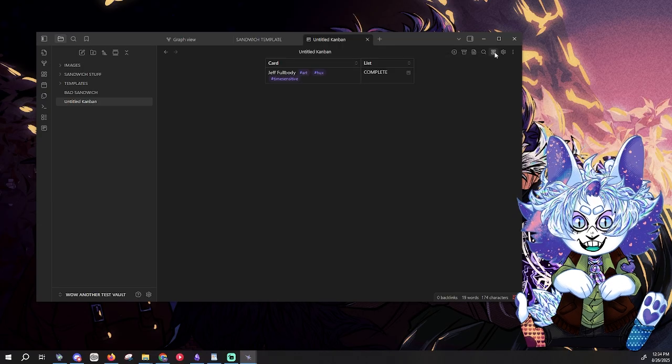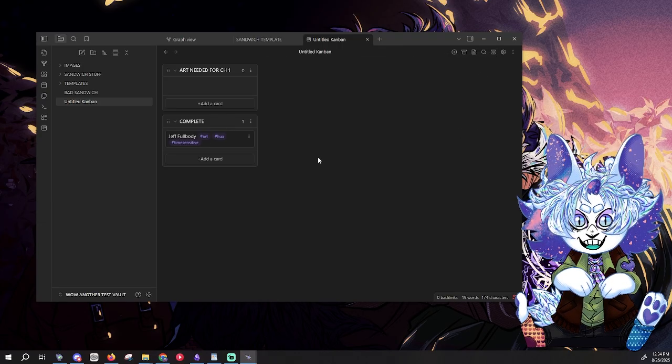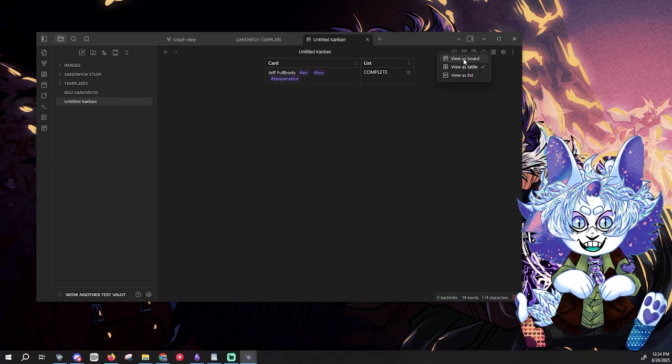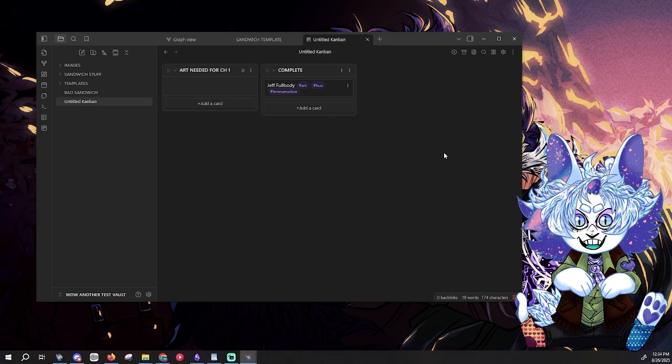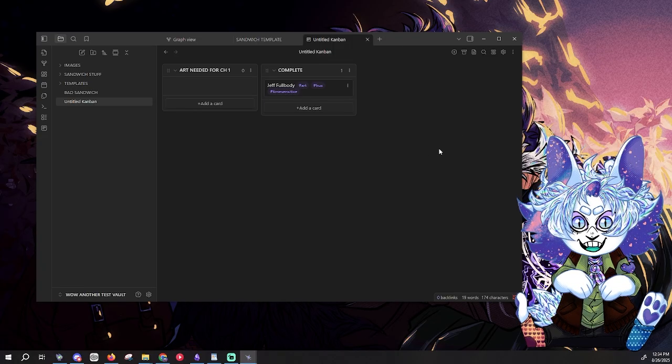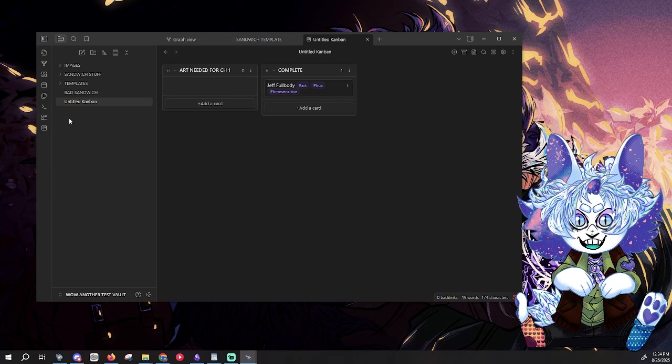Oh, you can also do a table, or you can do a list. These are new. I haven't seen the table yet. That's really cool. But like, you can make multiple boards. If you use Kanban, this is a really cool way to keep a bunch of rows of things that you need to do and that you want to keep track of. That's a little bit different than just doing it with